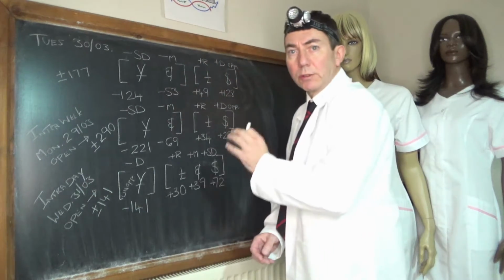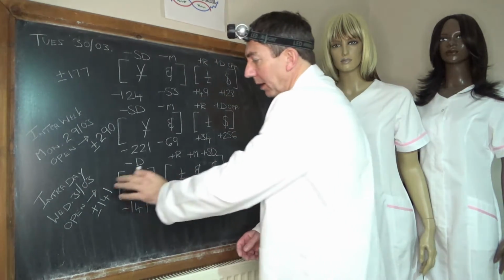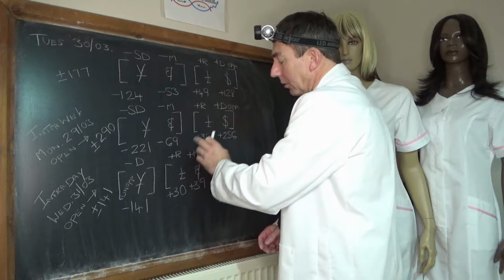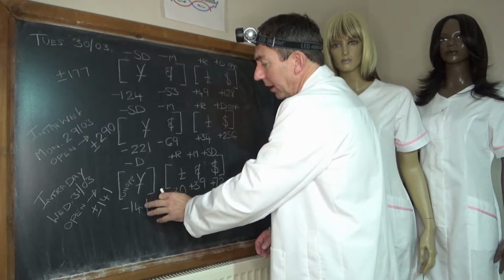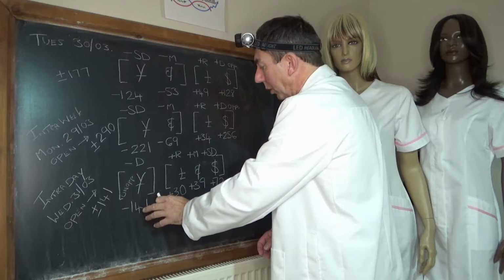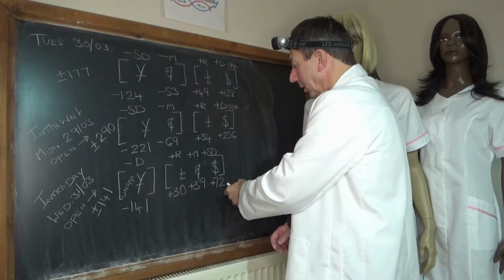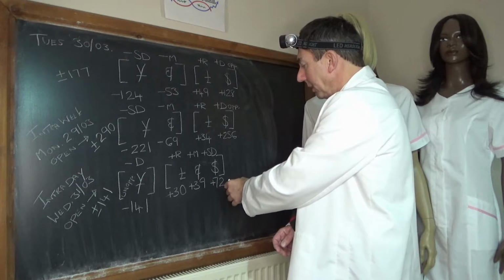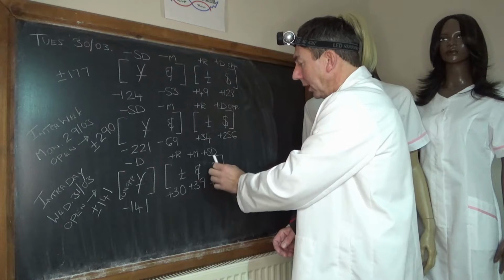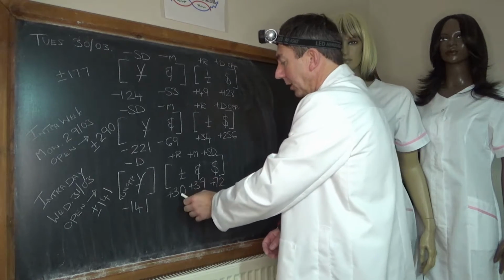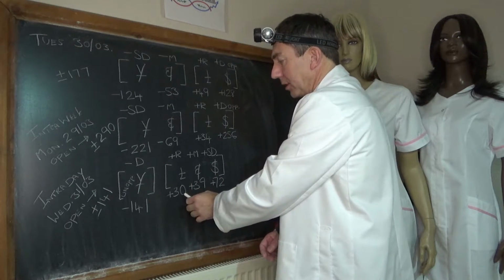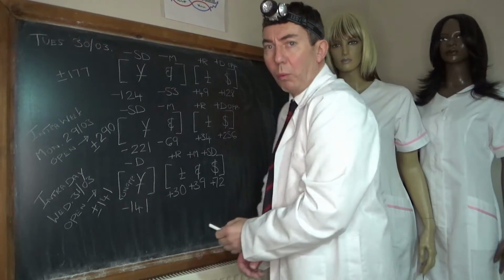Intraday then, this is what's happened so far in the Asian session to about 15 minutes ago. We've got a negative unopposed driver in the yen, minus 141, no backdoor flows. The opposing positive flows have mainly been going into the dollar at plus 72, into the euro plus 39, and the pound is the positive rock at plus 30, activity plus or minus 141.